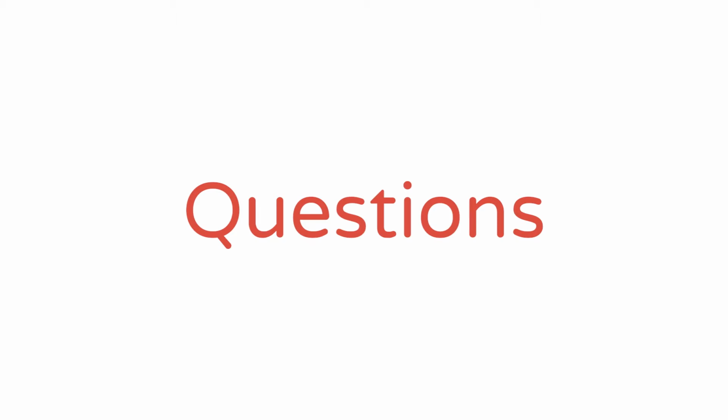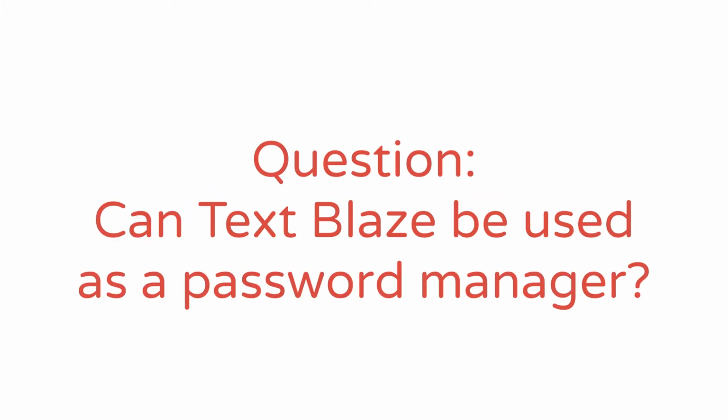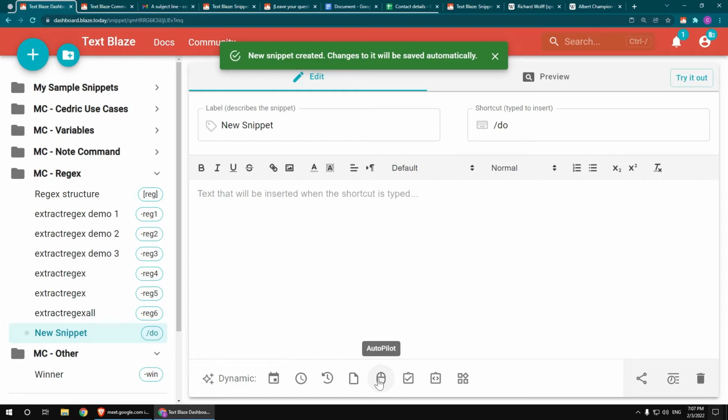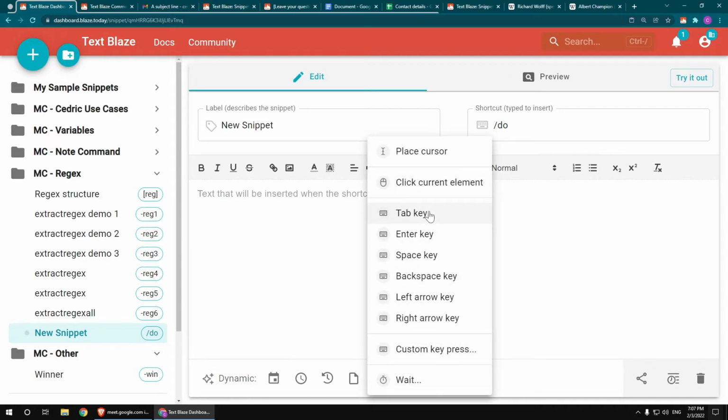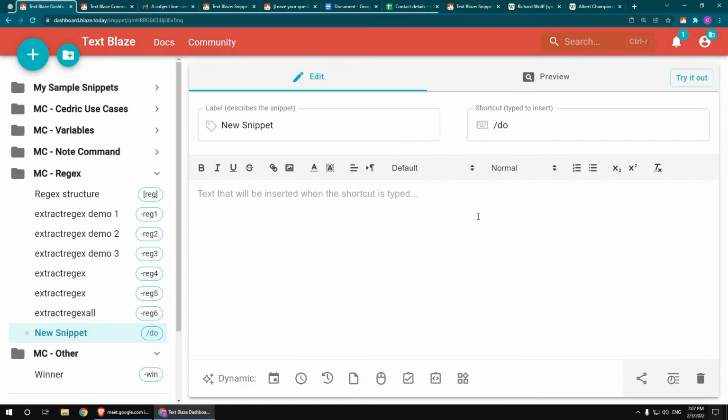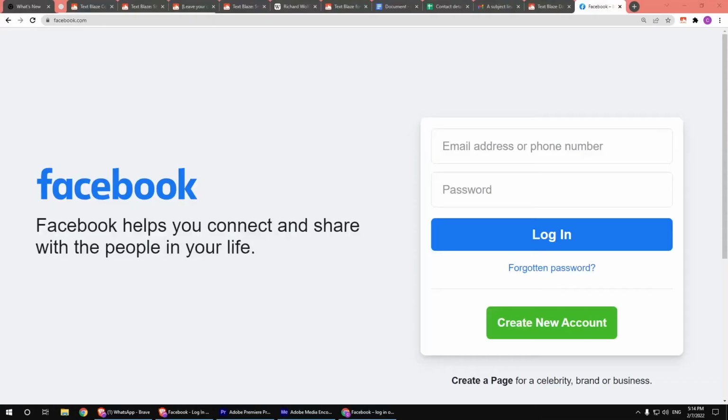Varundeep would like to know, can we use TextBlaze as a password manager? Like, can it fill both things, username and password? TextBlaze can be used as a password manager, and it has a special feature called autopilot that allows you to emulate different key presses. So if I were to create a snippet with my username, Cedric De Bono, for example, and then have my password, if I use the autopilot tab key, I could then insert